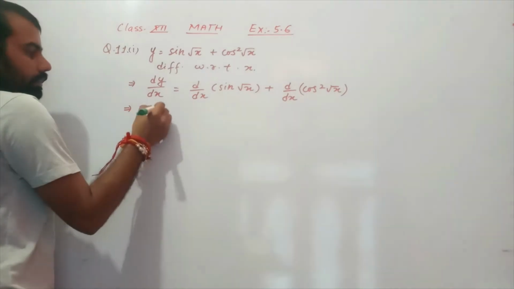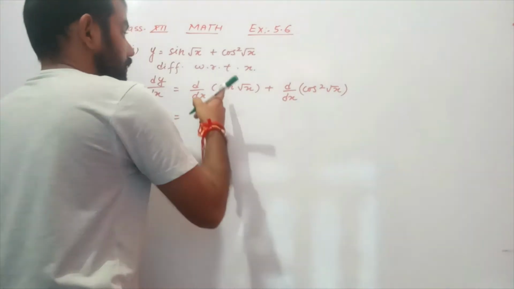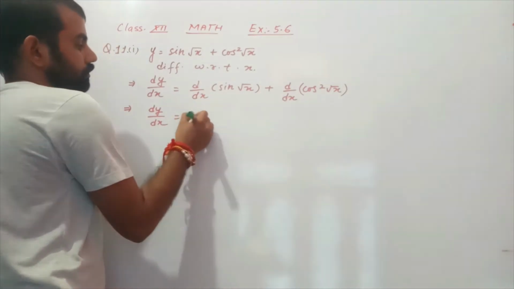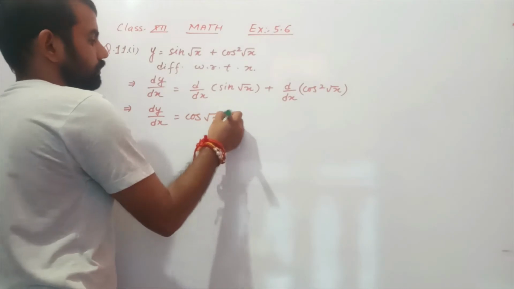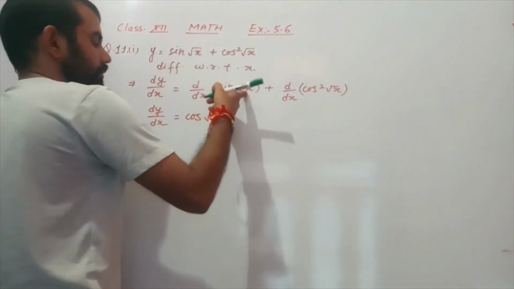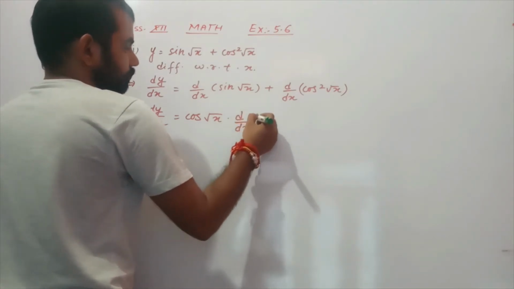This implies that dy by dx is equal to differentiation of sin x is cos x, so it will be cos root x. Also here x is not x, it is root x, so differentiate again root x